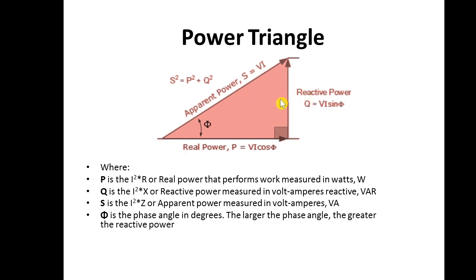Okay, in this diagram you can see that if this phase angle is less, then reactive power is less. If this phase angle is 0, then this reactive power is also 0, because for phase angle 0 only one line we have to show here, that is the phasor diagram, and this component becomes 0.